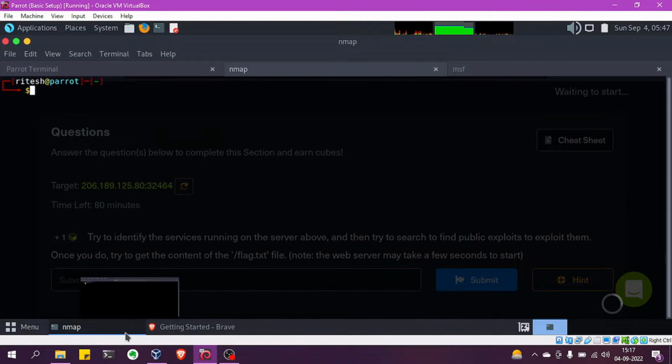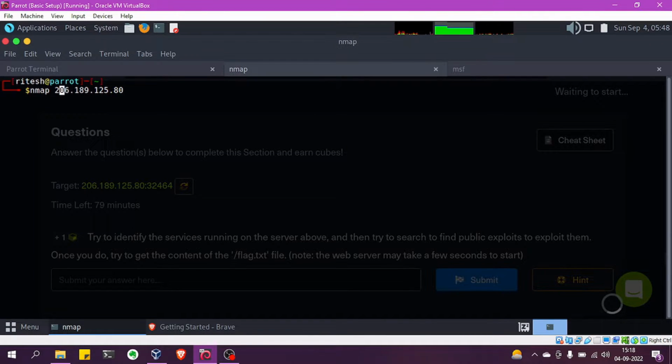The initial step that we have been told from the HackTheBox Academy module is that we need to run nmap. We need to hit the target using nmap to get the number of services, the version of services, the ports that are available, or the services running on specific ports. So what we are going to do is simply hit our target IP, and